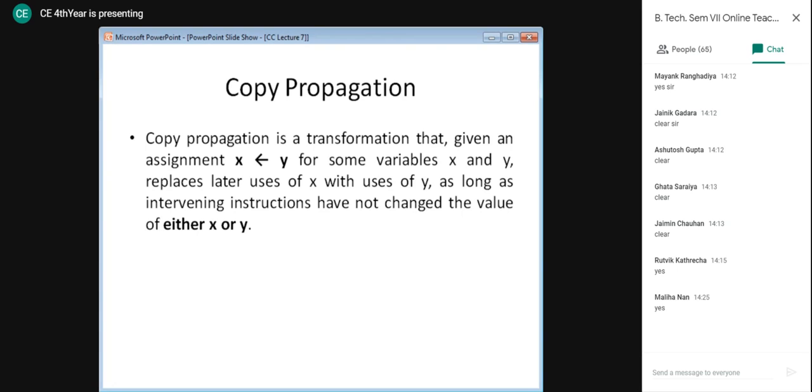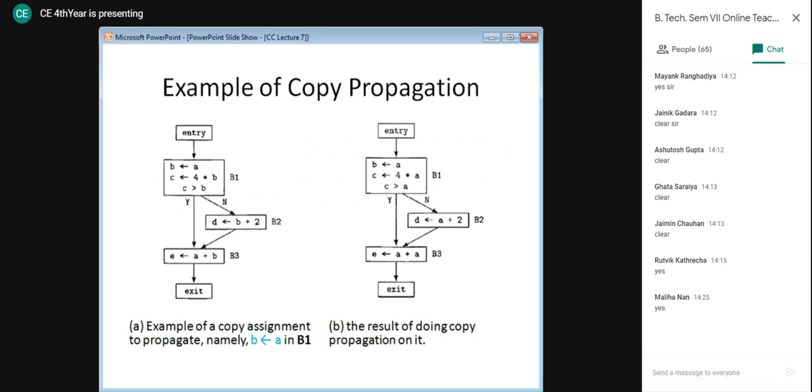Following this? Okay, so simply what we want to do is we want to eliminate assigning value of y to x at later stage, rather than wherever we find x we will replace it by y. This is what we want to do. Now this copy propagation, we can understand it better with this particular example.